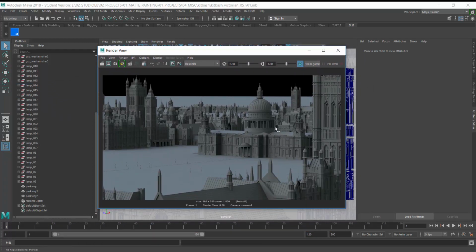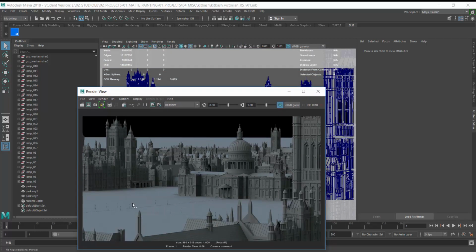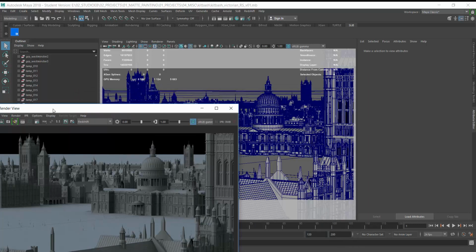But what I want to do is, in this center area, I want to consider it kind of to be a park. So I want to use MASH and a Redshift proxy for a tree and just populate in here and then try and see what I like. So let's